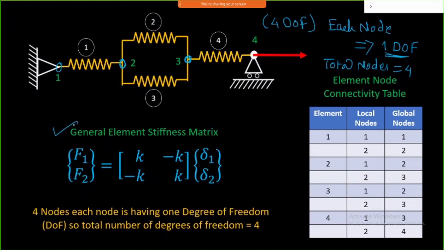Here is a typical stiffness matrix for a particular element, with node number 1 and 2, and again 1 and 2 like this. This is the force vector, this is the deflection vector, and this is the stiffness matrix. But when we are going to solve, there is a set procedure. First of all, divide the entire model into small elements, give the node numbering, give the element numbering, and then prepare a connectivity table. A connectivity table will have two parts. One is local node numbers, meaning I can give local numbers 1 and 2 here. For this element also I will give numbers 1 and 2.